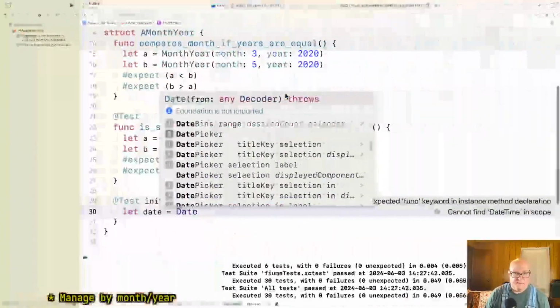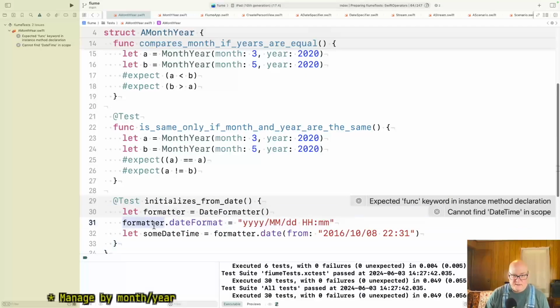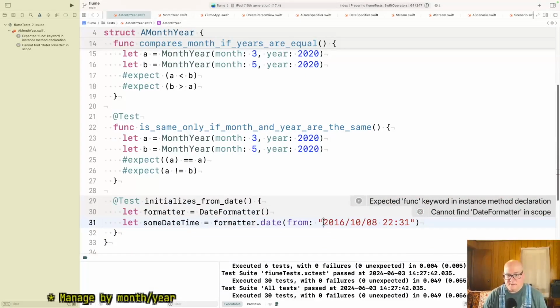Well, that's more or less okay. I can work with that. It's a one-time thing. I don't know what my default format is, but I'm guessing I can.